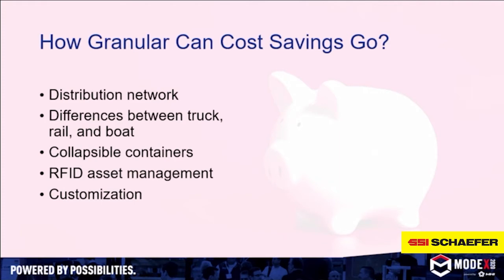There are different ways to look at cost savings. Obviously, there are three types of potential transit: rail, car, and truck, and also sea containers, so I guess a fourth. There are different processes of returnable packaging, from straight-wall, larger bin applications to collapsible applications that would have a better nest and return ratio. So you'd have the upfront cost of a one-way transit, but then on your return fleet you could get more containers back, eliminating that carbon footprint and fuel consumption. And then the customization side,